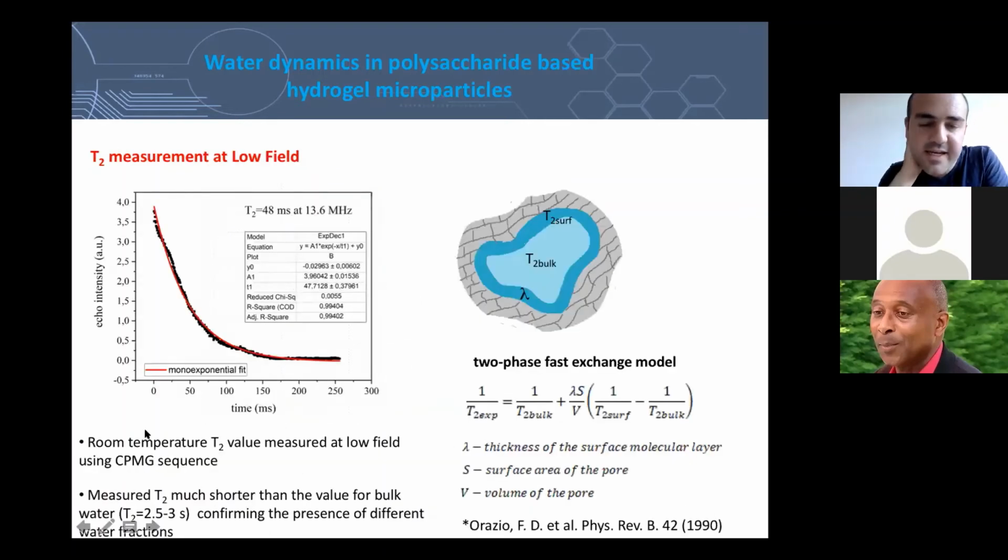And as a second test, we also measured T2 at low field. Here you see the measurement performed at 13.6 megahertz at room temperature, which we obtained by using a CPMG sequence. And we see that the T2 of the water molecules is 48 milliseconds, which is much shorter than the value for bulk water, because as you know, for bulk water T1 and T2 are very close to each other, around 2.5 to 3 seconds. And here we have a T2